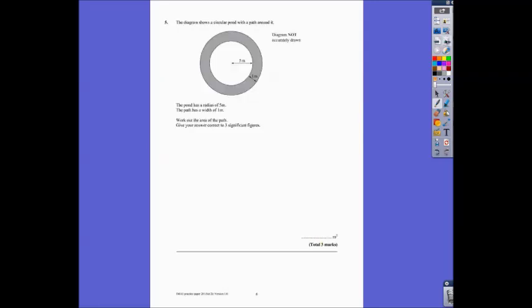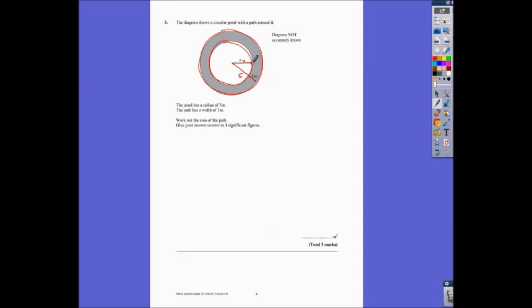Question 5, the diagram shows a circular pond with a path around it. The pond has a radius of 5 and the width of the path is 1 metre. Work out the area of the path. Well, basically, we've just got 2 circles here. A big circle, which has a radius of 6, 5 and 1, and a small circle, which has a radius of 5. So if we do the big circle, take the small circle, we should get the area of the